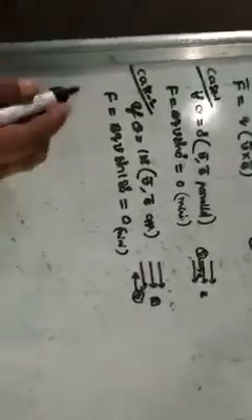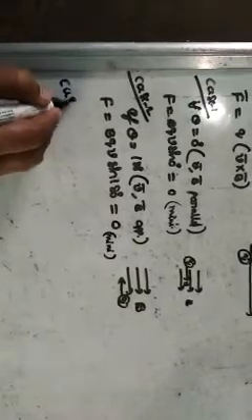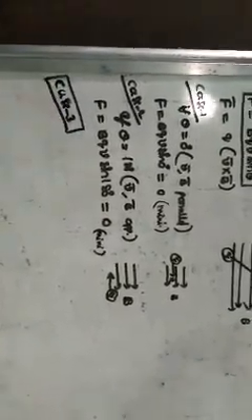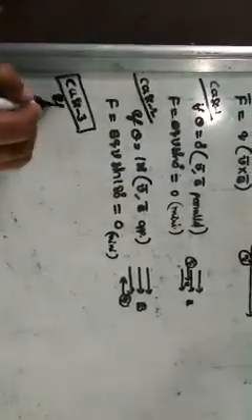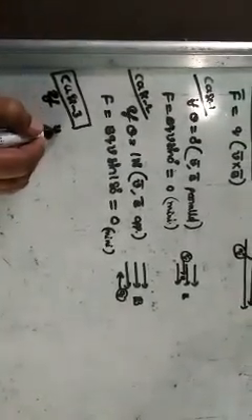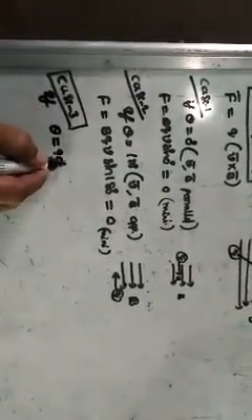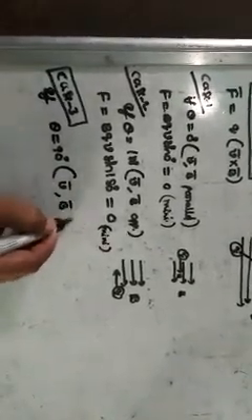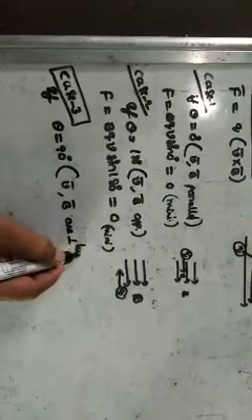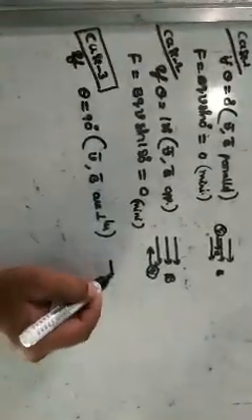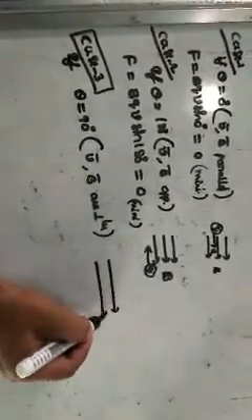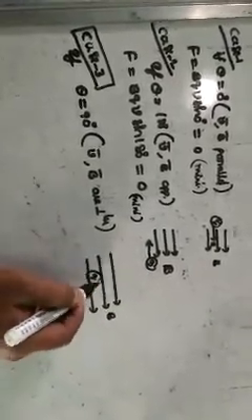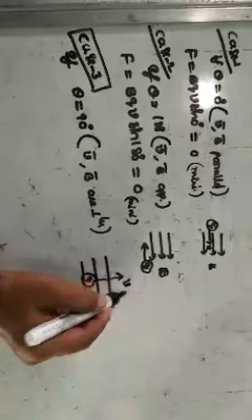Now coming to case 3, the most important and compulsory one. You are going to get questions and applications on the basis of this. Case 3: if a charged particle moves perpendicular to the magnetic field. Suppose this is the magnetic field here, and the charged particle q is moving perpendicular, with velocity perpendicular like this.